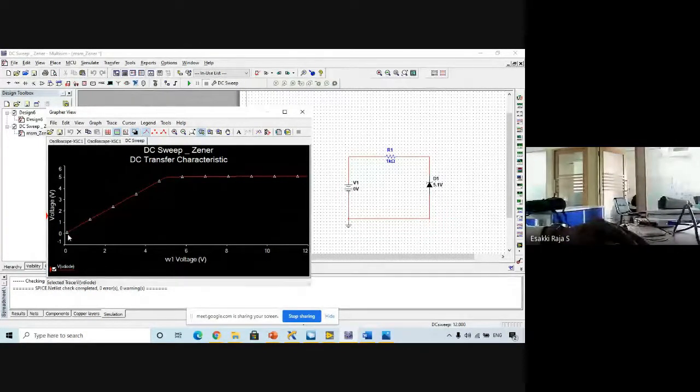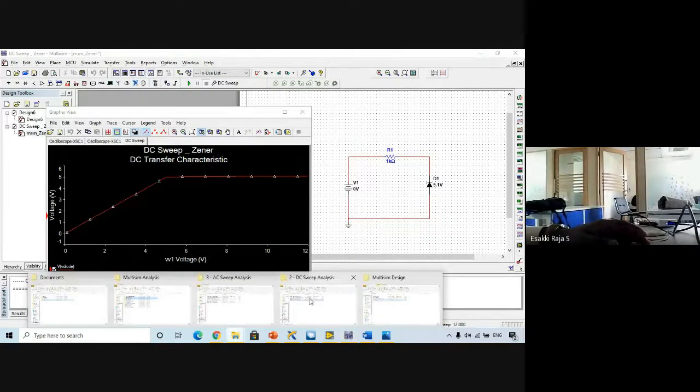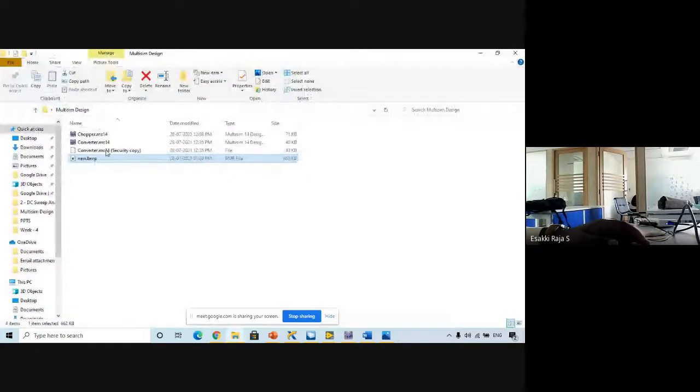As I'm providing a negative voltage, the voltage across my diode will keep changing. After a certain point there won't be any change in the voltage, it will get saturated at some point. So this is called DC sweep analysis. We provide a variable voltage, measure some parameter, and plot the data. And in the same way,